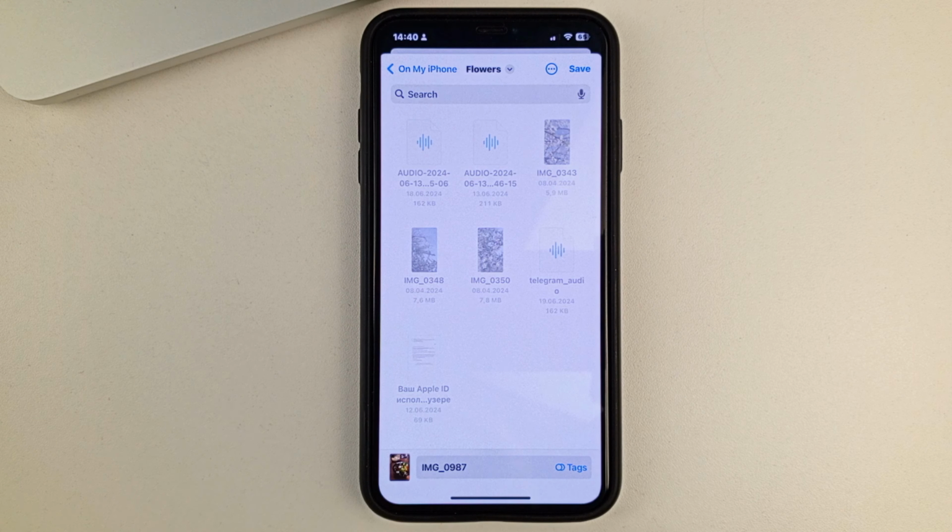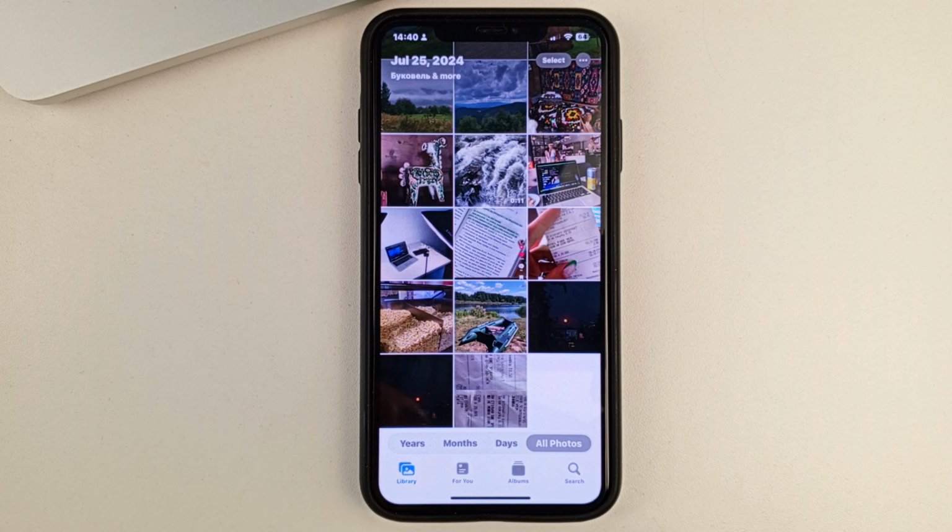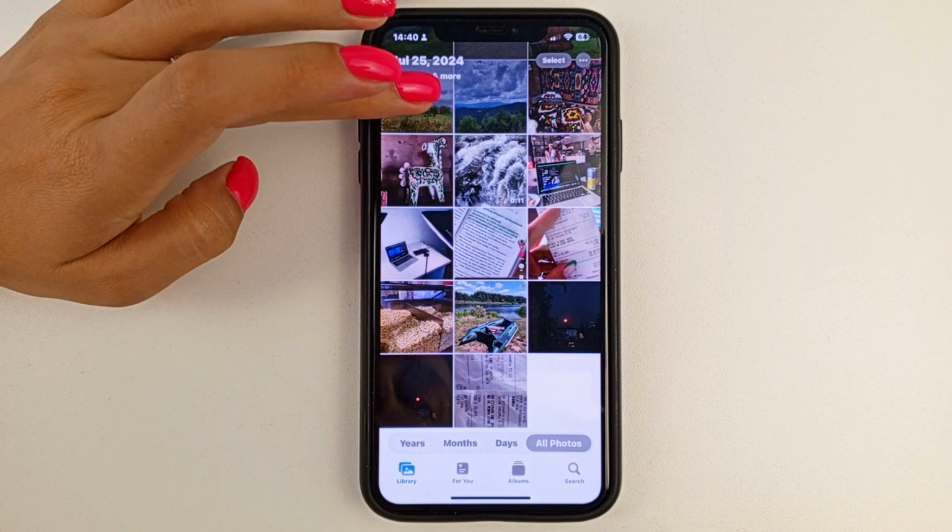So friends, let us get started. First, you will need to open, of course, your gallery on your iPhone. Next, you will need to select the image that you would like to move to your files. You can either open a single image